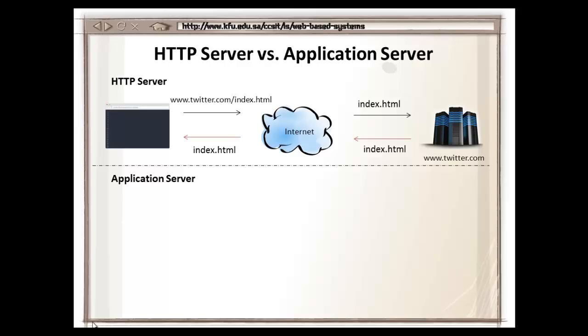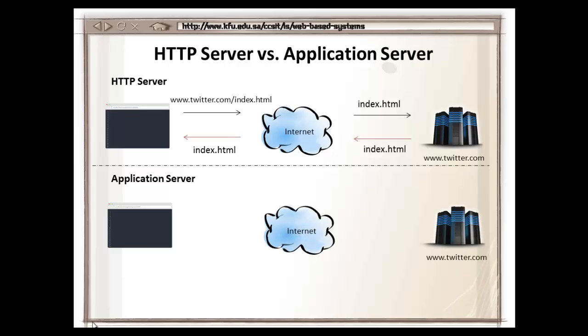Now what is the difference with an application server? With an application server, you do the same scenario. You start with the browser, internet connection, and the server. You have another component which is known as the application server. Along with your web server or your HTTP server, you also have an application server. The scenario starts like this. Instead of requesting a normal HTML page, now I'm requesting a PHP page. PHP means that the index file is written in a programming language and not in plain HTML. So I request that page, and this is propagated again through the internet, finds me the twitter.com server, and then